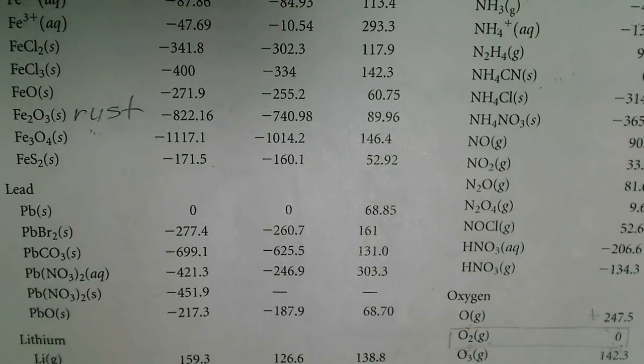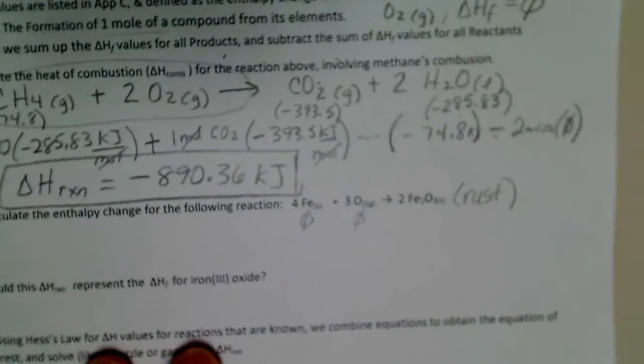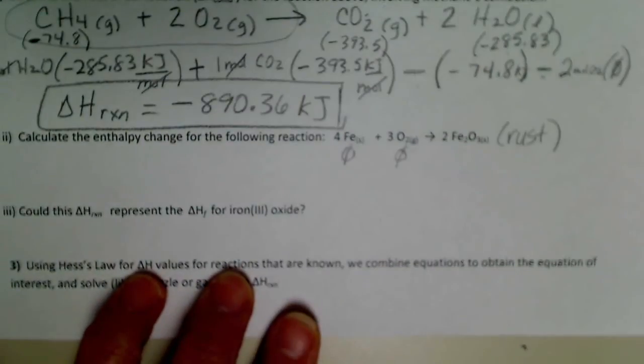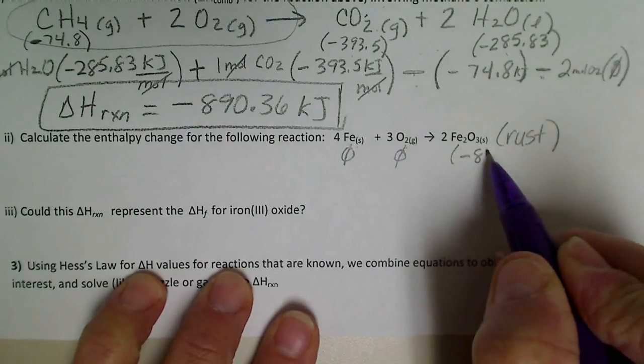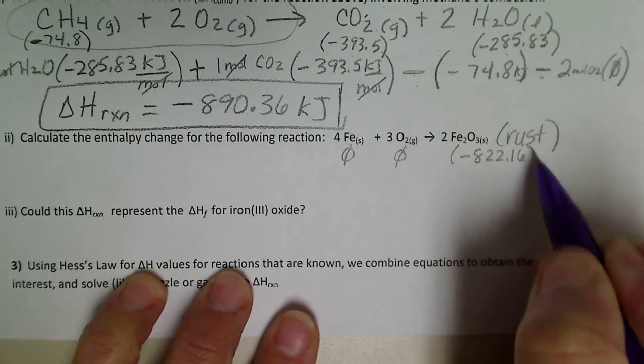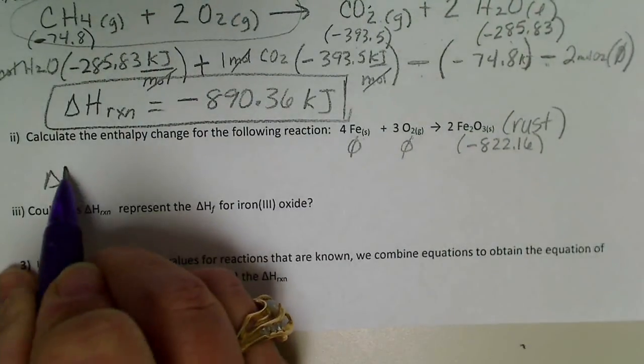So we see that right here, 822.16, and that's a negative value. So again, we have to pay attention to the state and the formula, negative 822.16. All right, let me get this back. I focused a little better. So this value was negative 822.16. So if we're going to calculate the delta H for this reaction,